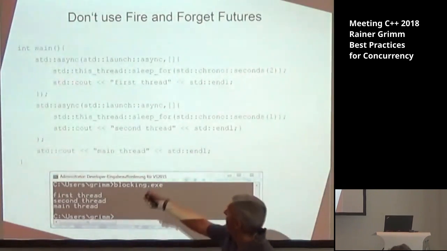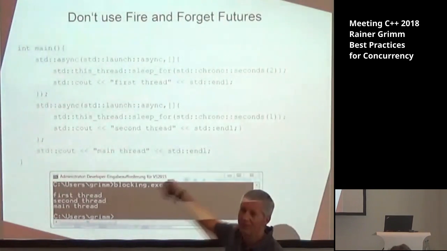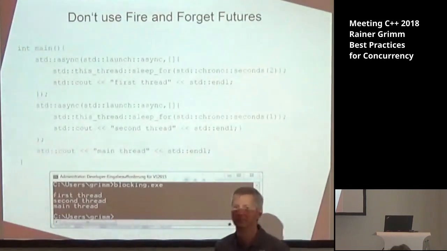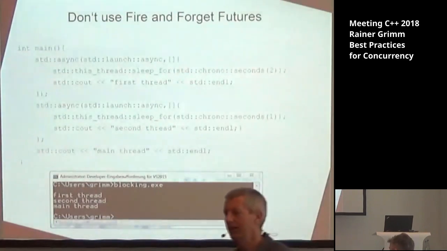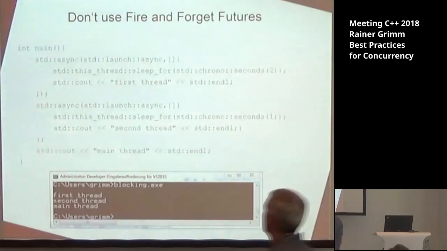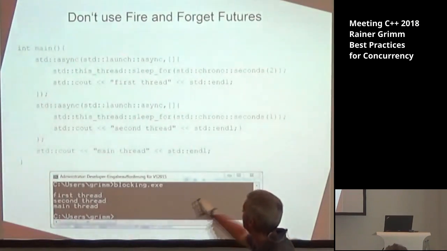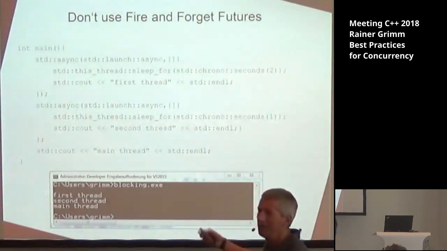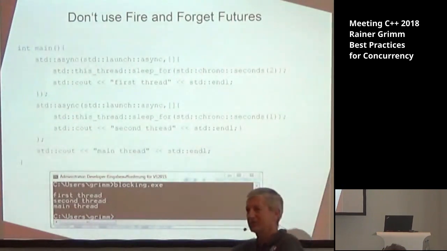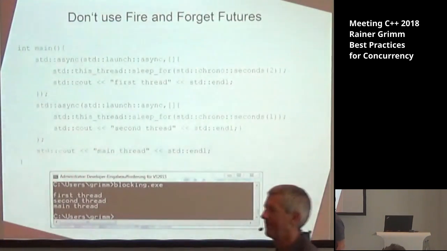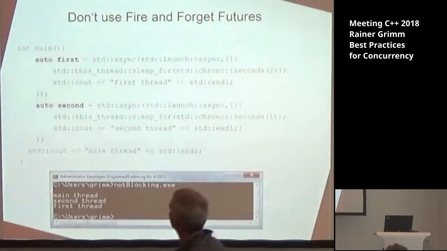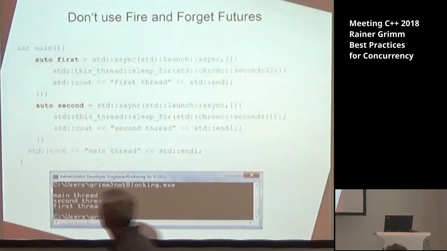Why? This call here is blocking until 2 seconds are gone, because it blocks in the destructor. You can see it as a feature, or maybe it's something different. At the end, this program takes 2 + 1, a little bit more than 3 seconds, because it's a fully sequential program. To overcome this issue is quite easy, just give the futures a name,